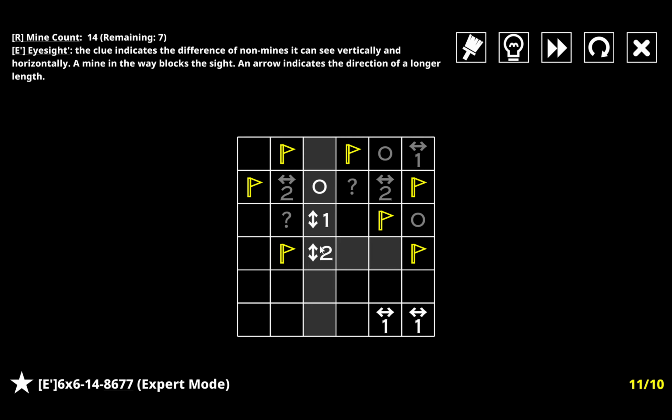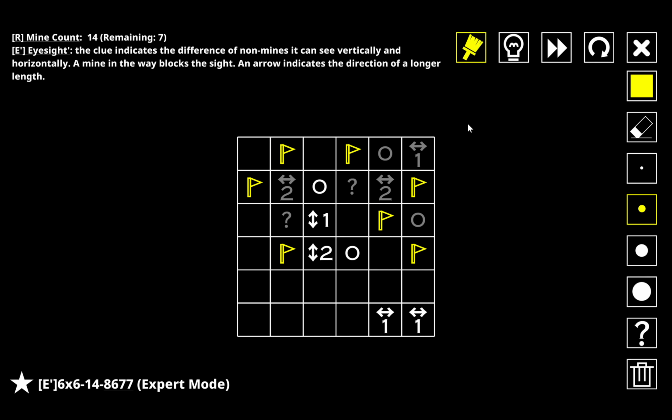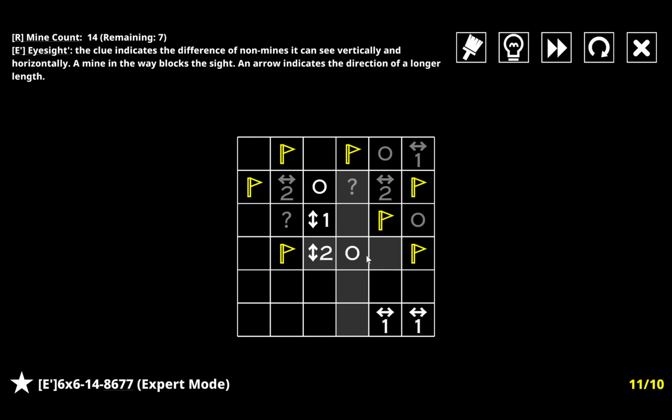We know this 2 vertical clue must have at least one going horizontal just from that, so that one must be hit by it. Okay, now it might be once again worthwhile to consider some cases. One of them is the case where this 1's remaining one just goes over here. I guess we can just say if this one's a mine, then we know this one only has 1 left that goes that way. Well, no, we already knew that, didn't we? Yeah, never mind. Okay, so then we can mark this one as a mine, just given that this 2 only